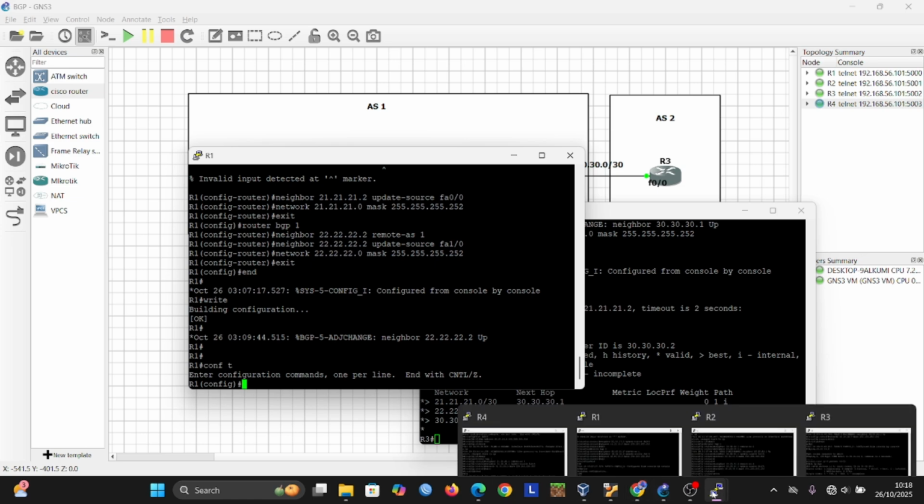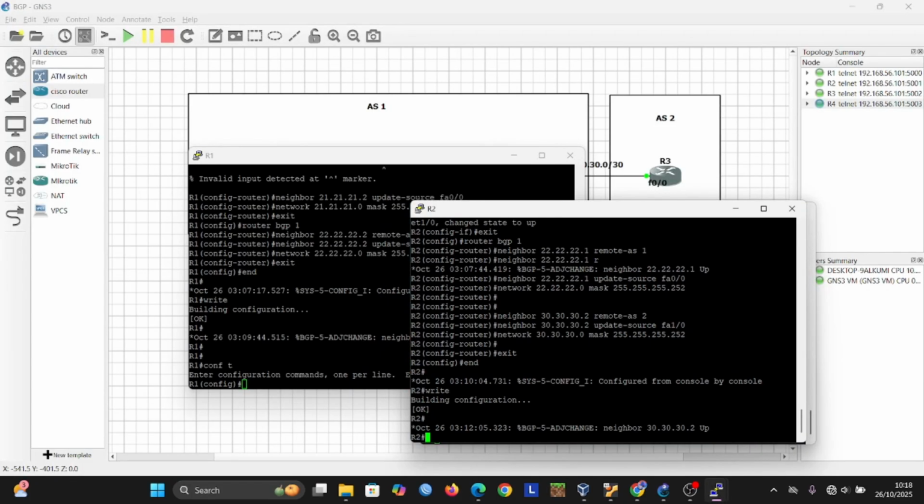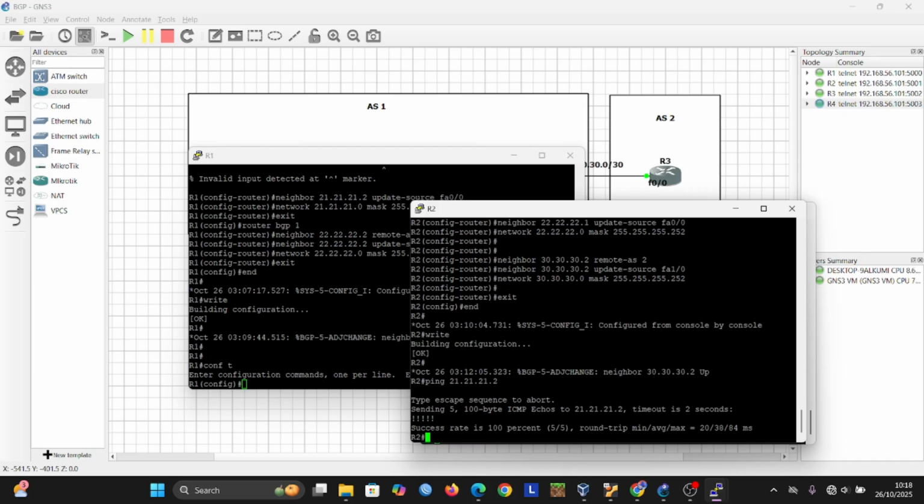Before that, we can try to ping router 4. This is the result. If the configuration is successful, it will write success, 100 percent.